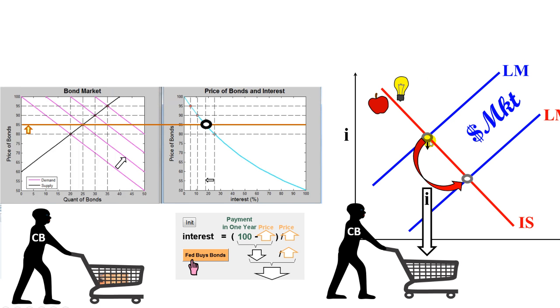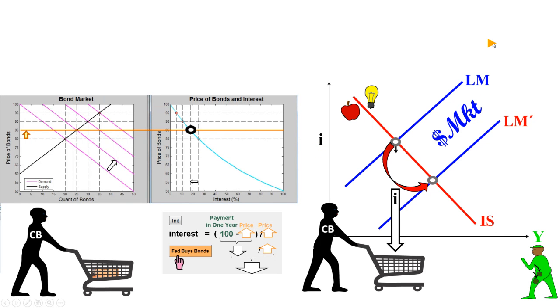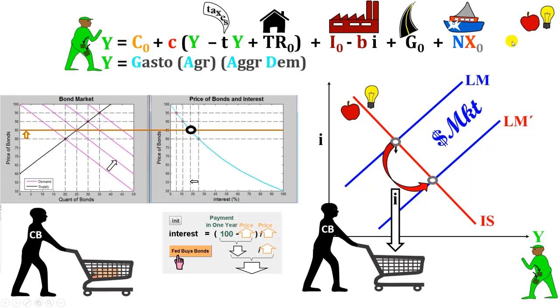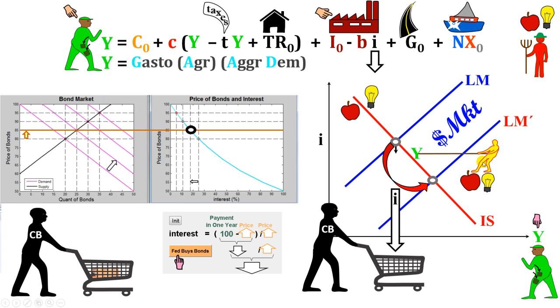And now what happens when interest goes down? Well, the goods and services market wakes up, and then the farmer, or in general firms, see that interest is low, so loans are going to be cheap, and then they will increase investment. And investment is part of aggregate expenditure that in equilibrium is equal to income. So income increases as well. Therefore, in the horizontal axis, because income increases, the goods and services market pulls toward increasing income. So the economy passes from this point to